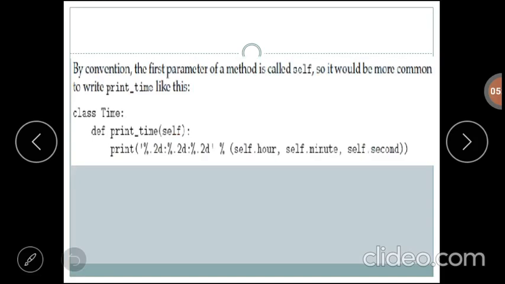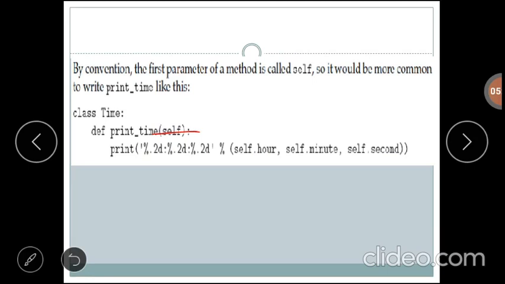Now we have to keep in mind that every method of any class must have a first argument, self. The argument self is a reference to the current object, that is, the object which invokes the method. We can relate self to the this pointer used in some other programming languages like C++ or Java.